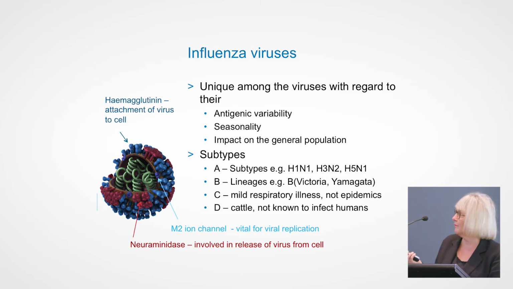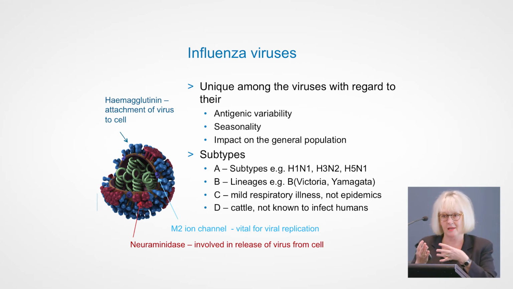The other molecule of great interest to us is the M2 ion channel. It's a little channel through the membrane of the virus or through the surface of the virus, and it's really important in stabilising the virus particles, particularly when they're getting out of cells. And it's a target for vaccine development. It doesn't change as much as the neuraminidase and the hemagglutinin, and people look at it as a target for vaccines, and that's where, when you hear people talking about a universal flu vaccine, that's one of the things that they're trying to develop a vaccine against.